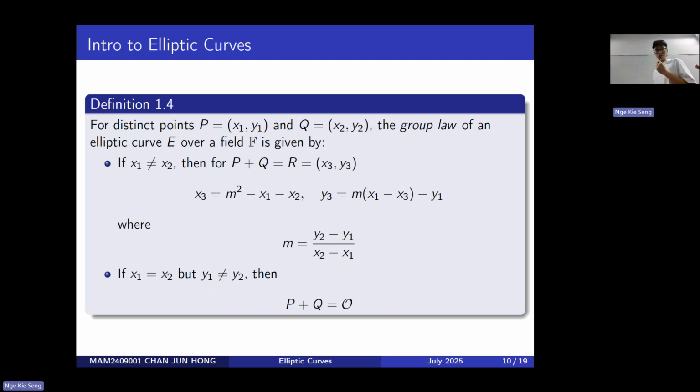Let's say this is an elliptic curve. So for the first part, then we draw the line up to somewhere, and then we reflect it to get the point R down here. So this can be shown algebraically by this. We can compute the exact points through this algebraic group law. And then for the second part,